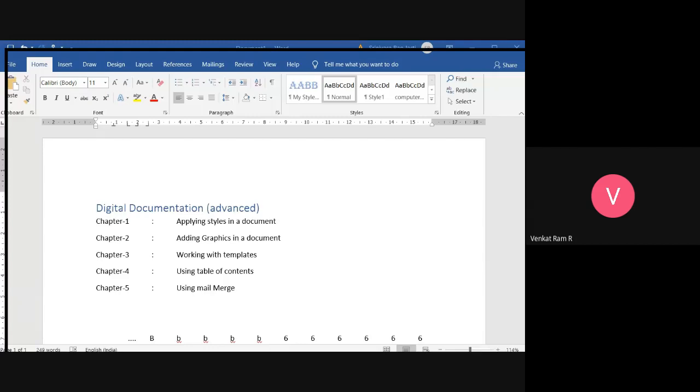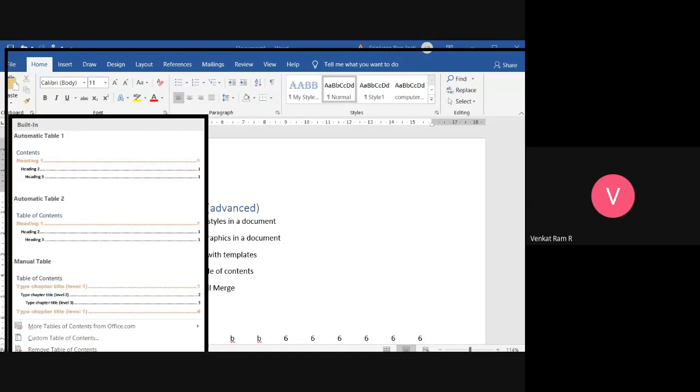If you are writing a book and want to publish it, you can use this Word document and give different effects. For table of contents, we have a tab called References. In References, in the Table of Contents group, the table of contents is there.